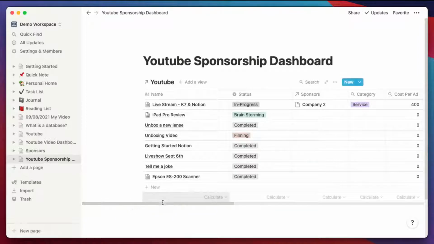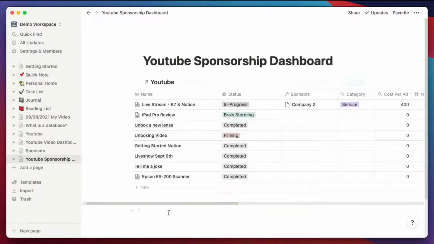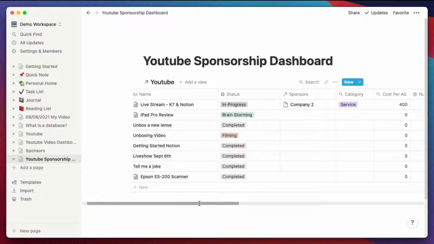And so this is one of the more advanced ways we can use databases in Notion. So if you are a web developer like me and Ryan, and who've worked with databases like MySQL, you realize that databases can be complicated for people, but the concept is still the same.